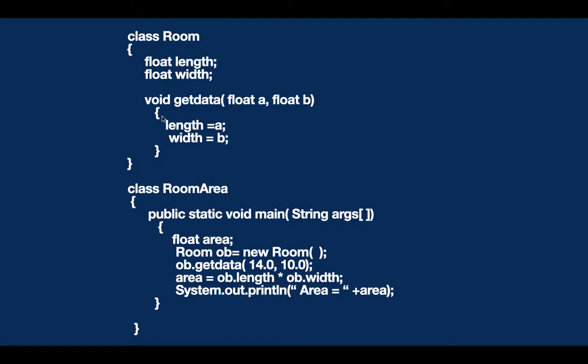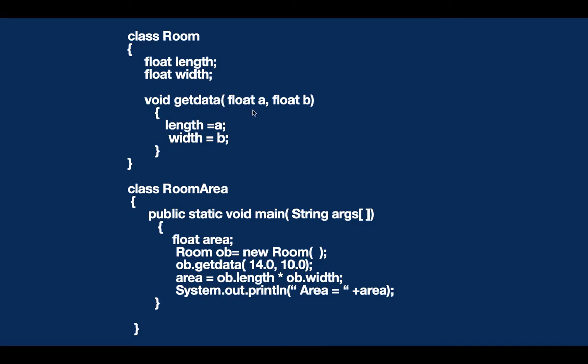Now inside the body of this method we have two more variables, length and width, which are the global variables belonging to class room. What we are doing inside this method is assigning the values of a and b from these two arguments, and these two arguments a and b are finally giving their value to length and width. So this is one way of initializing the global variables length and width using arguments called a and b, but make sure that both are of similar type. As you can see, float a and b, and at the same time float length and width, both are of float type. There cannot be a mismatch.